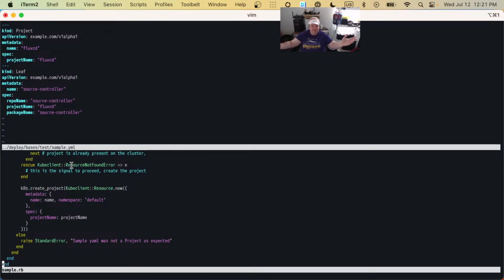I don't know if there's any locking necessary, or if each resource would be reconciled literally concurrently. But in our case, we're using Ruby,